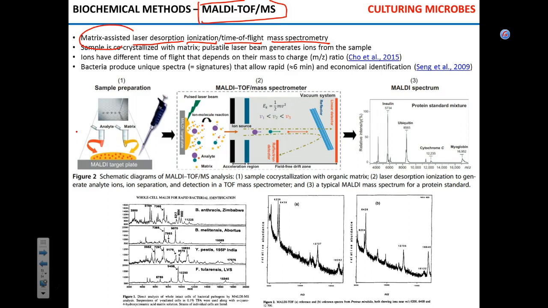So first of all, what does that mean? Matrix assisted. Here, you see that yellow stuff with little dots? This is matrix. So imagine you have your culture, bacterial culture. Am I clear? You have your bacterial culture. You mix it with matrix and you apply it on the plate. That is it. Okay? The role of matrix is to basically bind your sample and make it stick to the plate. That's it.